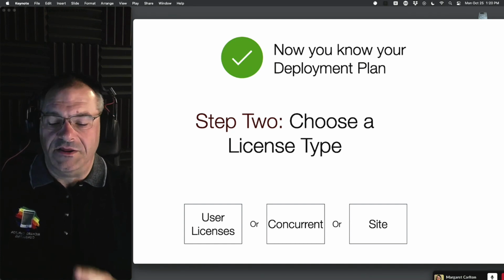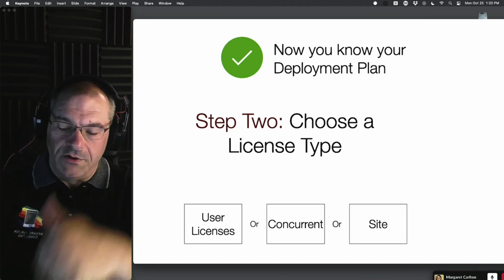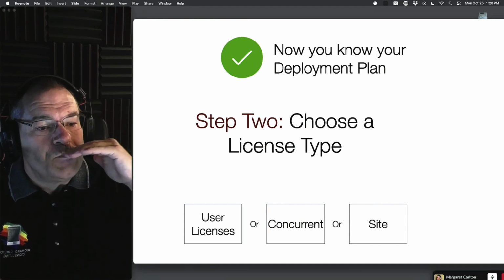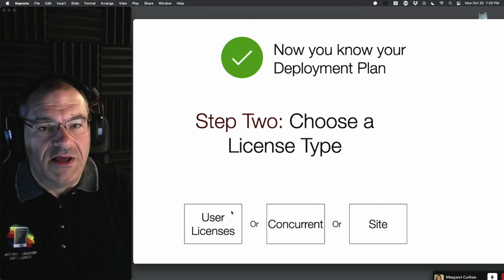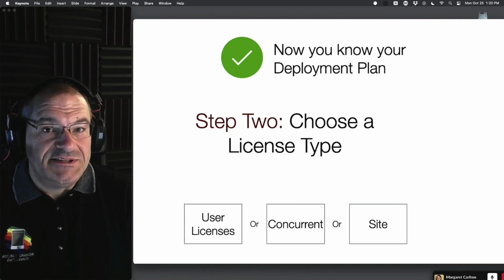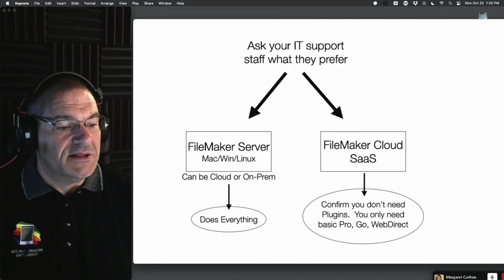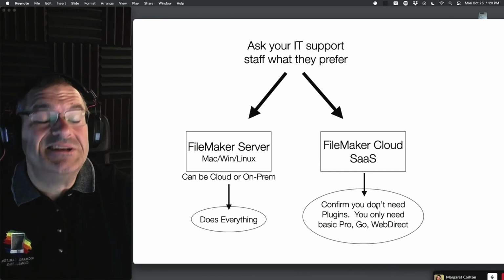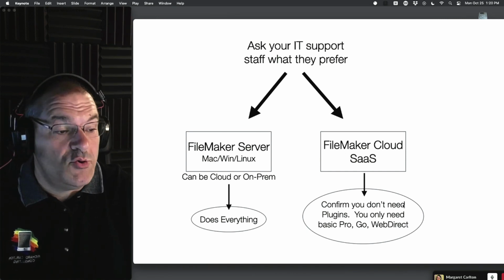Name Dick, Fred, Sally, Jeremy, Christian 1, Christian 2, and Jacob Taylor, right? You name like 7 people. Right now, when you buy a license from Claris, if you buy 7 licenses, it's not going to ask you for the name of those 7 people unless you're using Cloud over here. If you're actually using this option here, you're going to have to name those 7 explicitly and give them credentials. You have to name them.